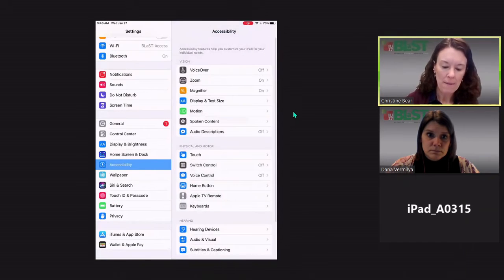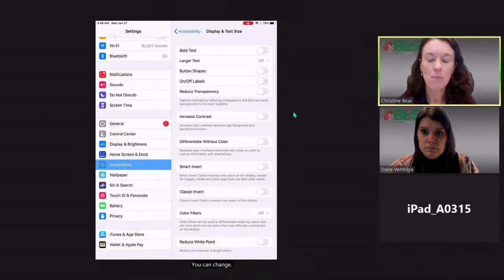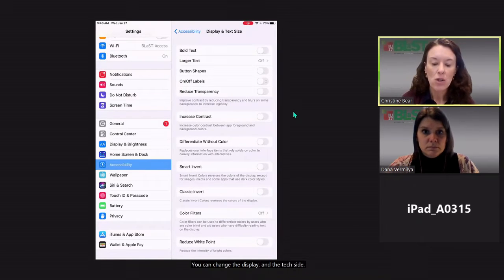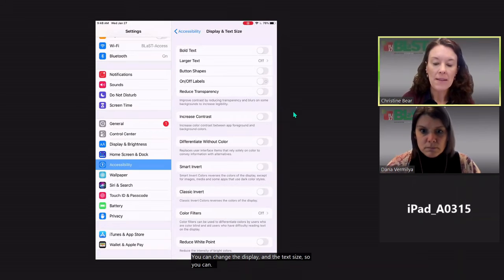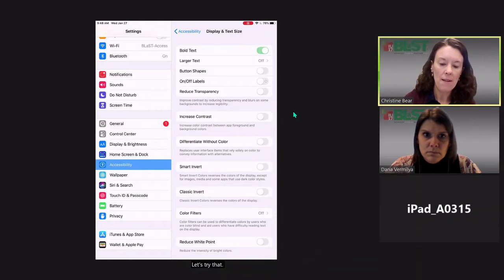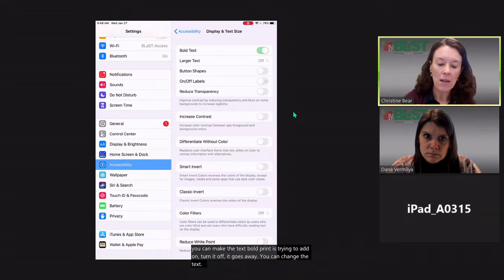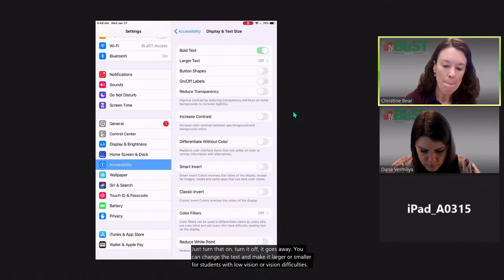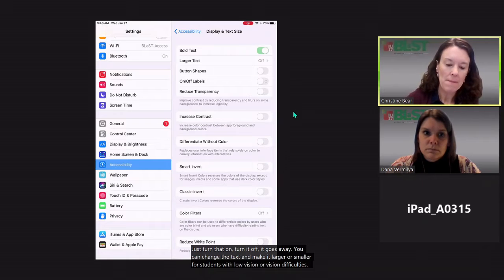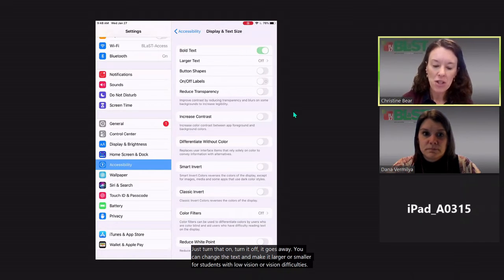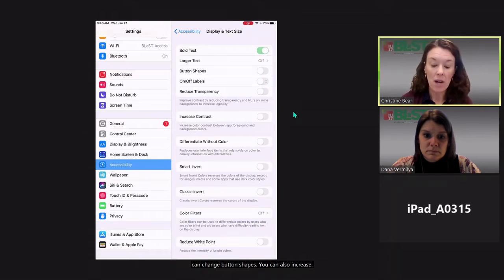Going back, you can change the display and the text size, so you can make the text full print. Just turn that on, turn it off, it goes away. You can change the text and make it larger or smaller for students with low vision or vision difficulties. You can change button shapes. You can also increase the contrast